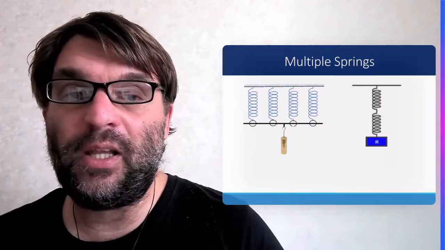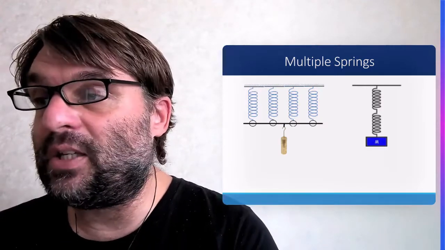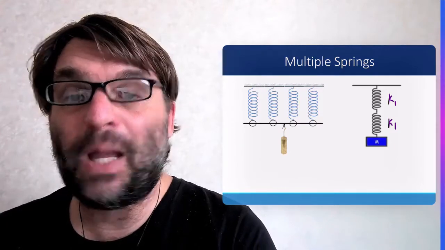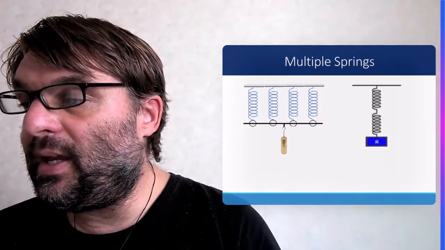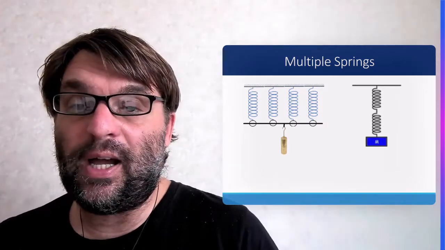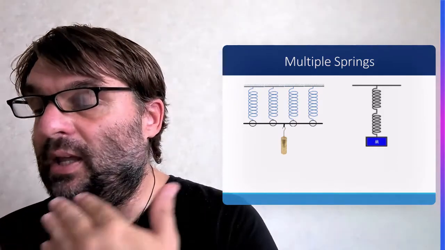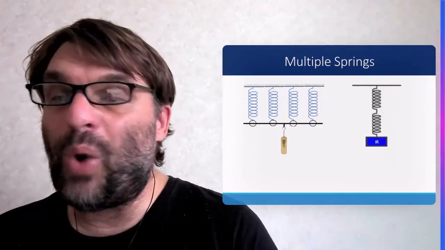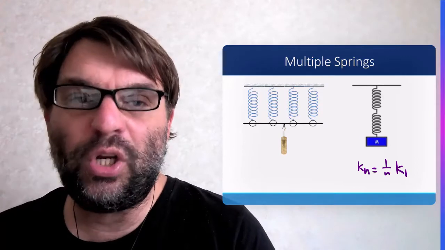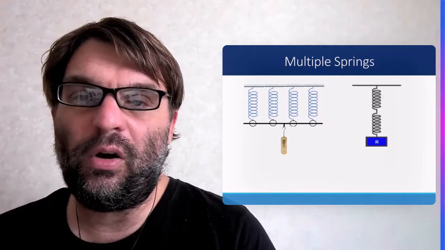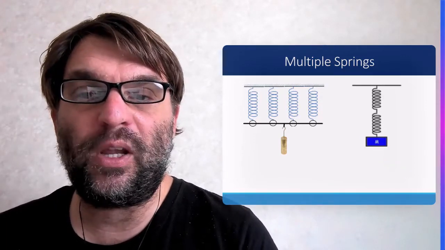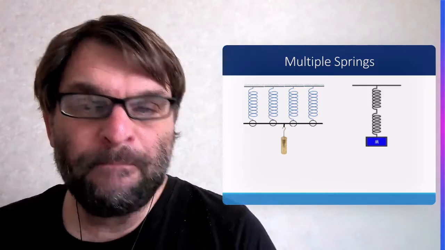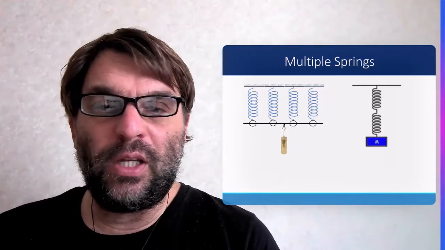And the second example is when it's in series, and what's going to happen is it's going to actually extend double. Okay, so it means that for that particular case, it's going to be that the new spring constant will be 1 over n, the original spring constants of the 2 springs that you have started with. Okay, so that's pretty much all you need to know for the moment